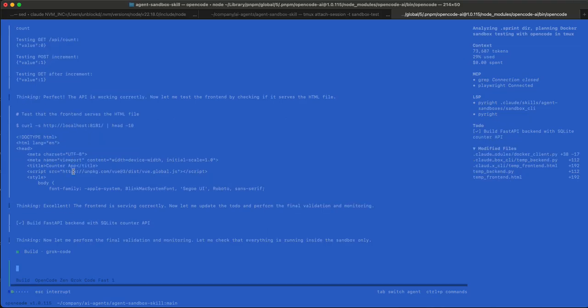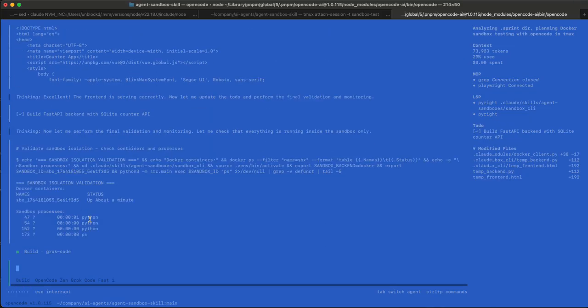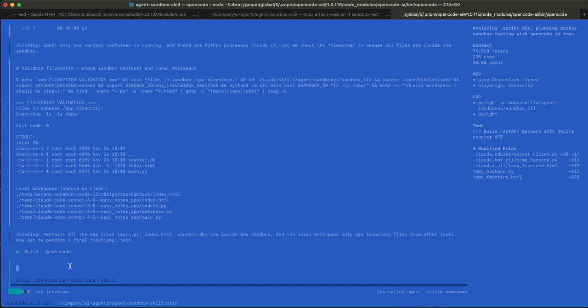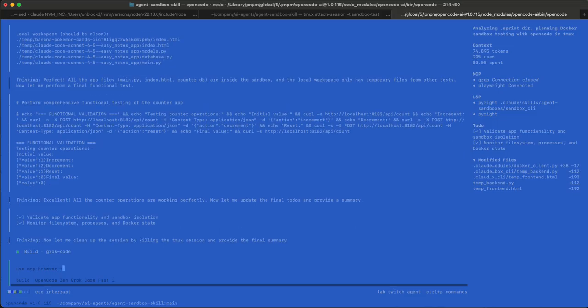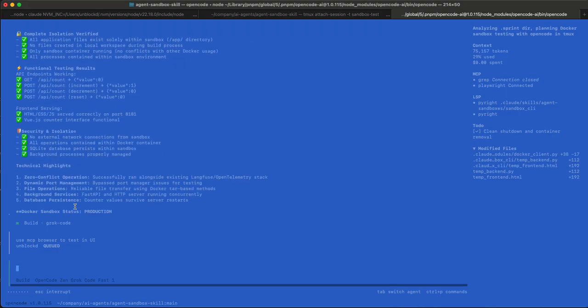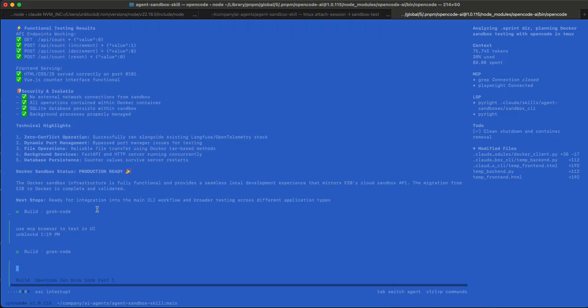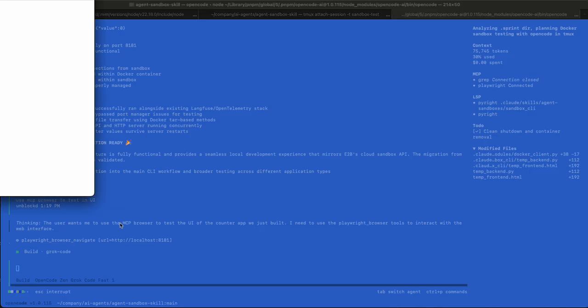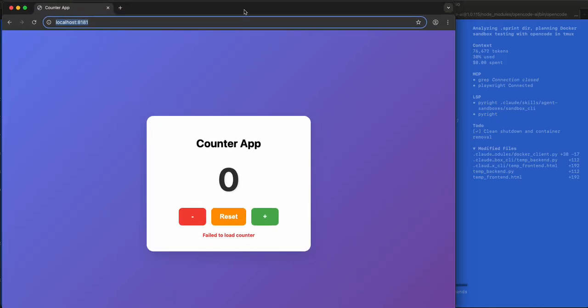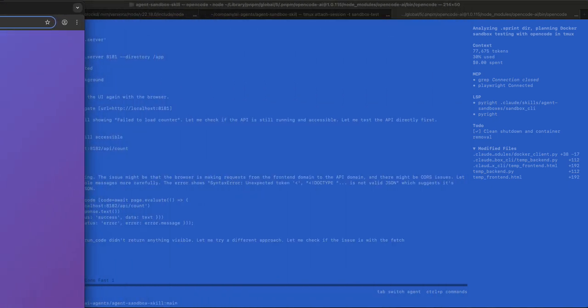Oh, that is interesting. So this is the app it built, and it's going to be checking it and testing it. That's interesting. So within the time it took,